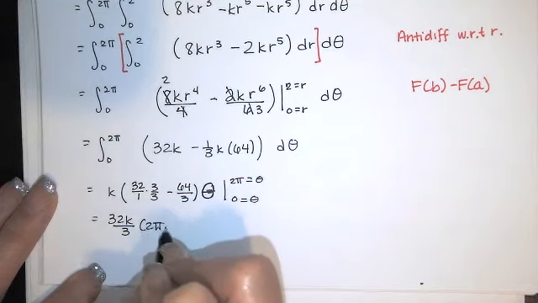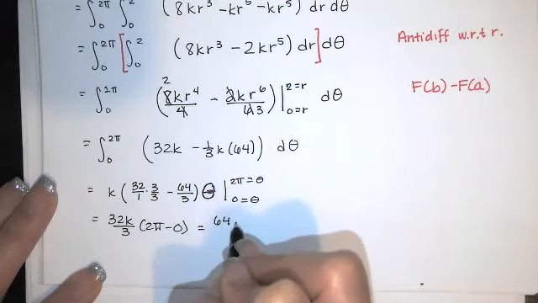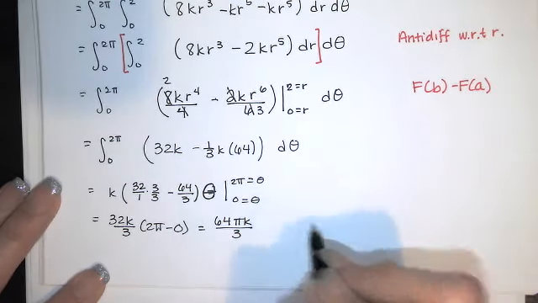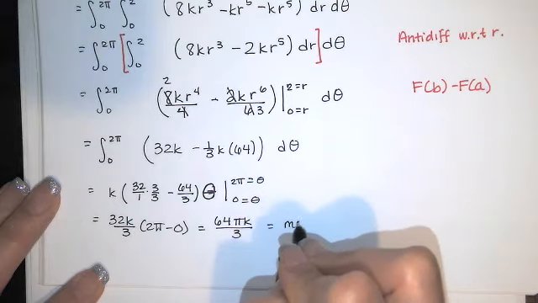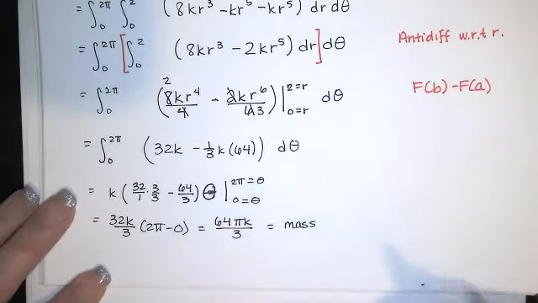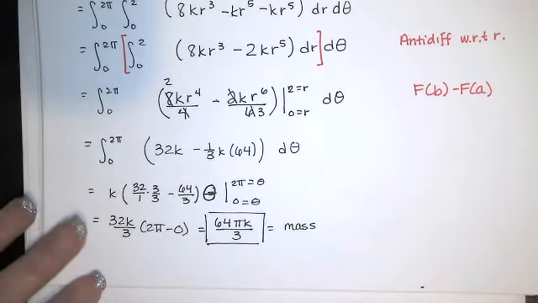So we get 2 pi minus 0, or 64 pi times k over 3. That's going to be the mass. I don't know what that constant of proportionality is, but that represents the mass of our solid that lies between those two